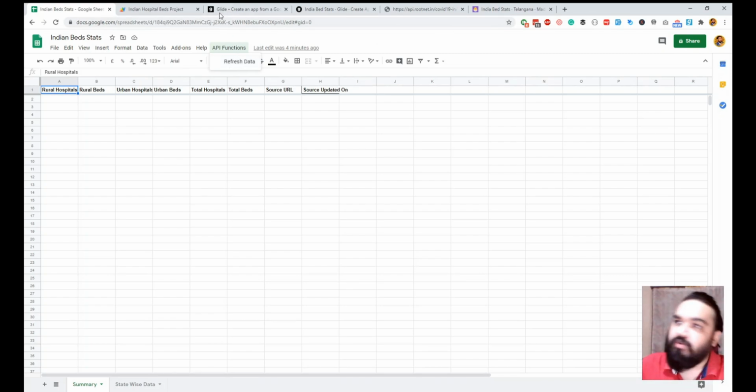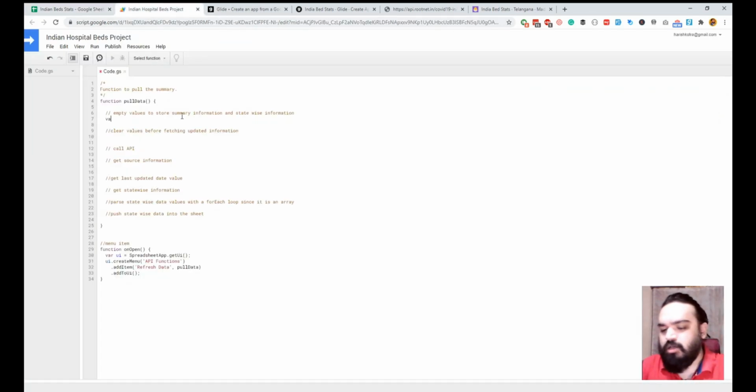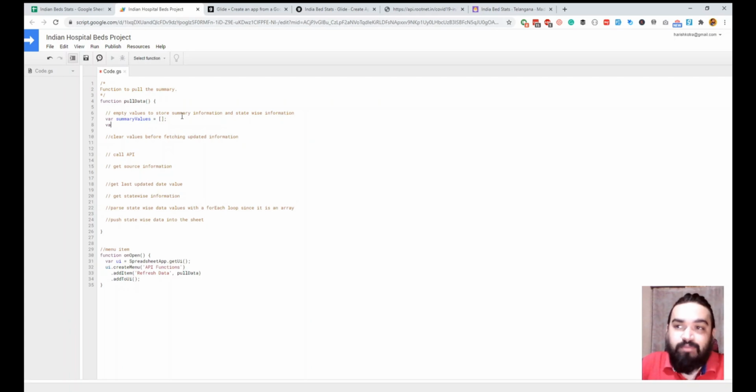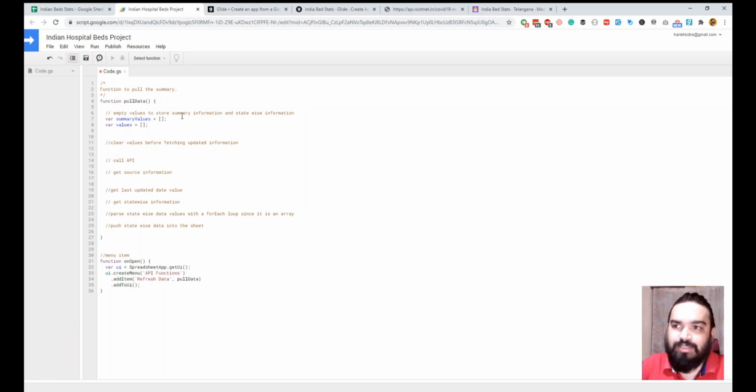So as a first step, let us create summaryValues as a variable and make it an array, and then we will also do another one, values, which is for the state wise values.